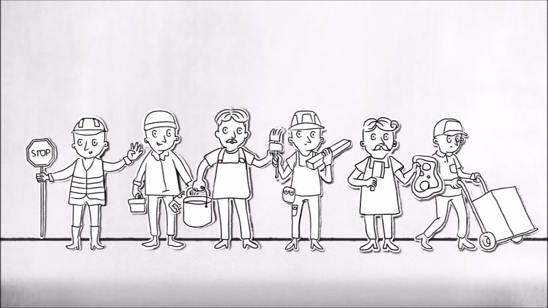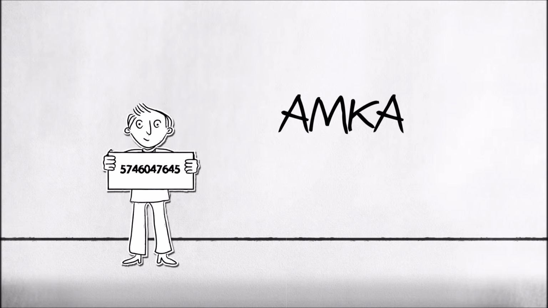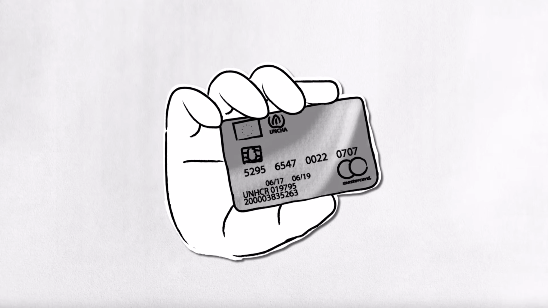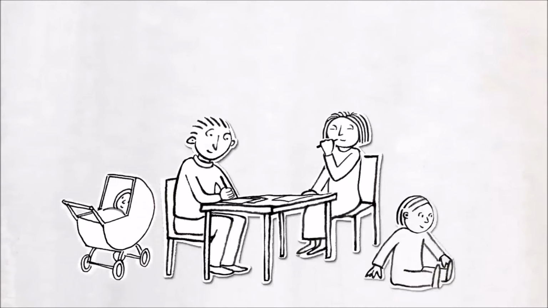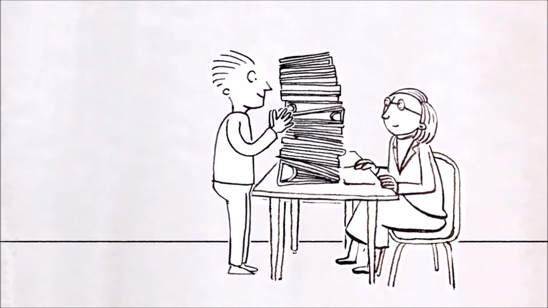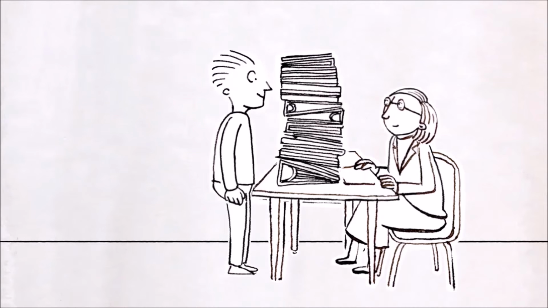Your full registration card allows you to work in Greece, get a tax number, AFM, get a social security number, AMKA, that helps you get healthcare, continue to get cash assistance, housing and other benefits you already received with your pre-registration card. It is important to prepare for your full registration appointment. You can prepare by ensuring you have all your documents, as not bringing them could delay your application.